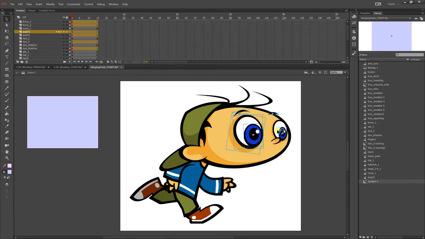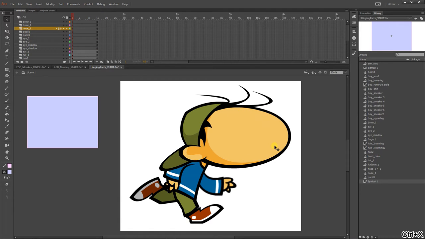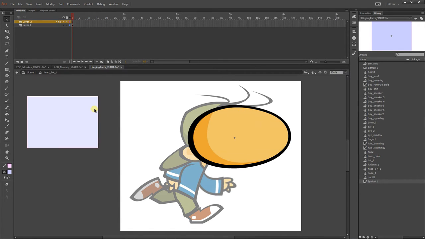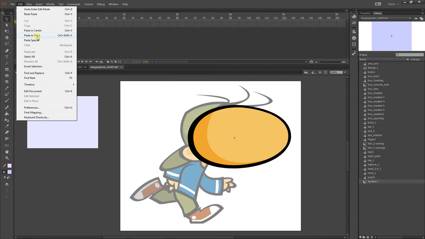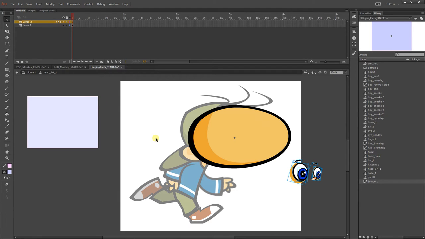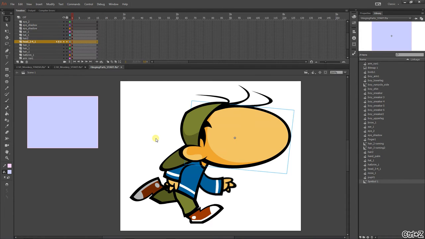of the head into the head, right? Pretty standard operating procedure. I'm like, you know what, for this shot I need them in there. And so maybe I make a duplicate of the head, and I'm like, okay, I'm going to cut these, and I'm going to go in here, and I'm going to say paste, and oh, they end up in the wrong spot, and I remember that there is a paste in place, and I do that, and they still end up in the wrong spot. Why do they end up in the wrong spot? Well, let me undo